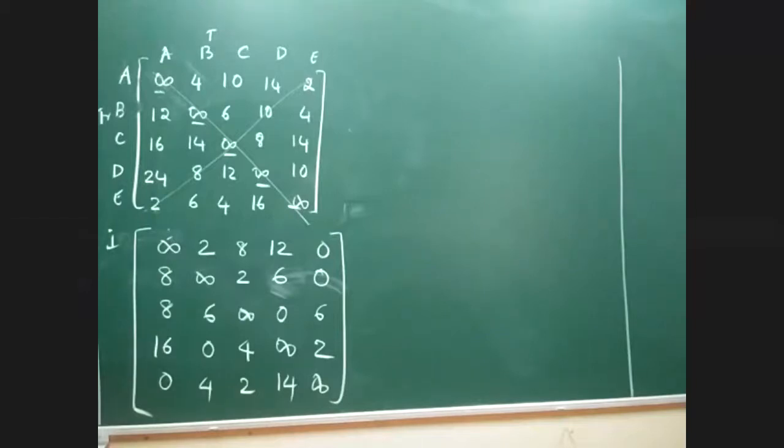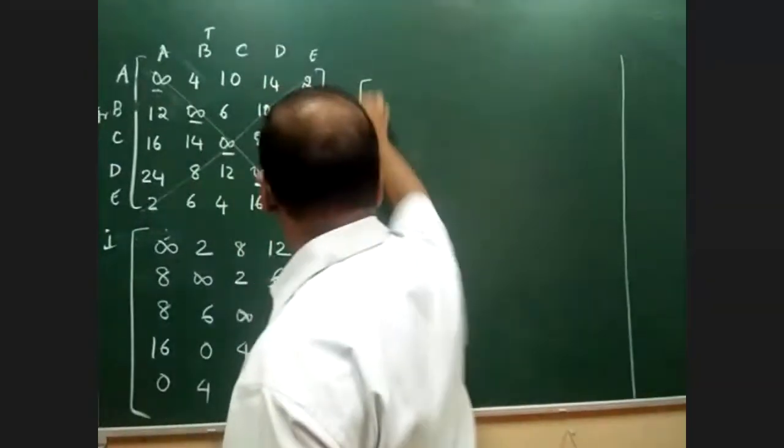Now we'll move on to step number 2. What is step number 2? Column subtraction. Unfortunately, not every column has a 0, so we have to redo this question. If all the columns had 0, we could have retained the same matrix. But you can see that in the third column there is no 0, so the values will change. No problem, we'll quickly write it.